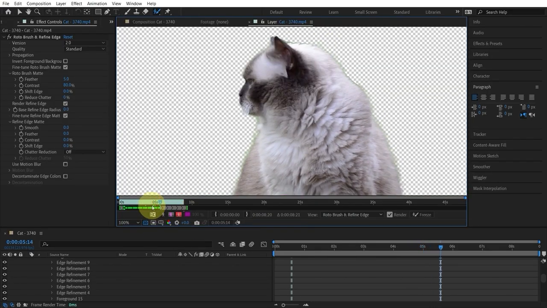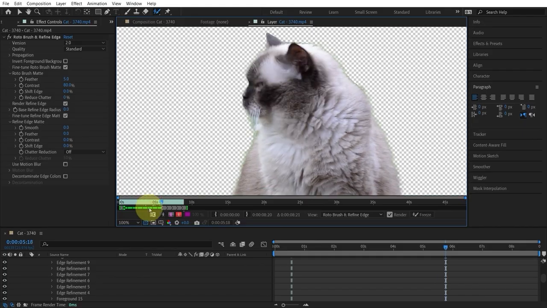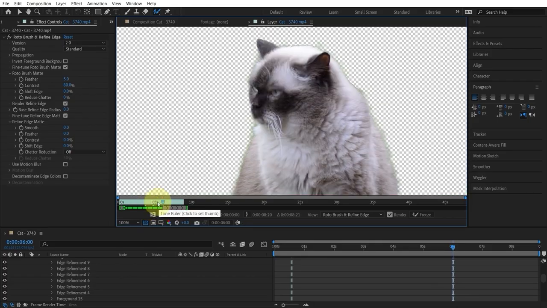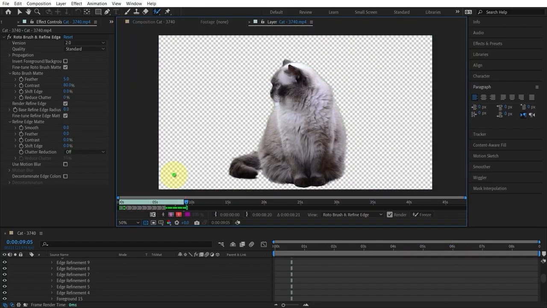And also you can see right here, when you move frame by frame, you have this green thing. That means it's processing as you move. And also you see right here, the solid color, this is the duration of the clip because the clip is 45 seconds and we cut it short for this tutorial. Okay, so once you do that and you're happy and everything looks fine, you can go ahead and click on